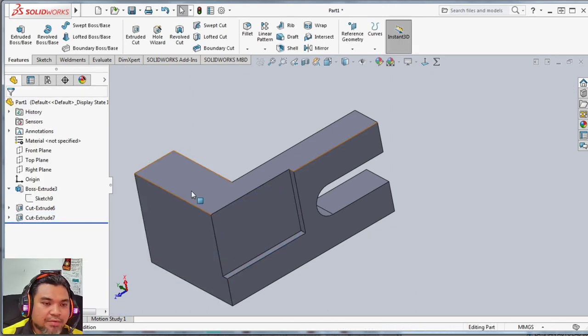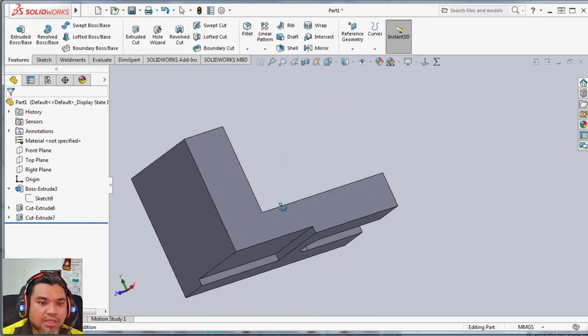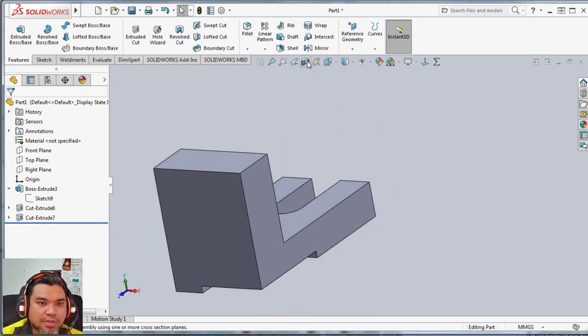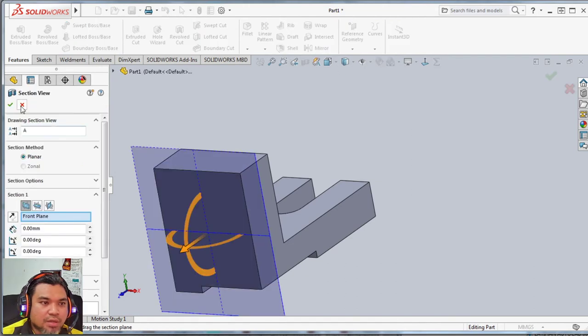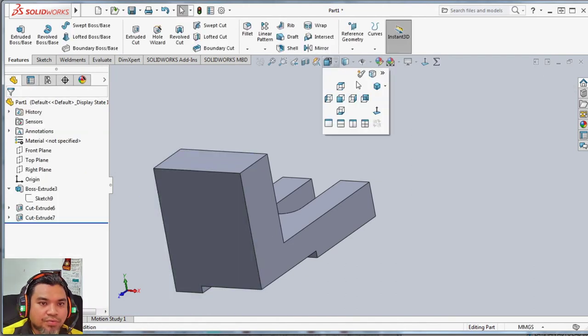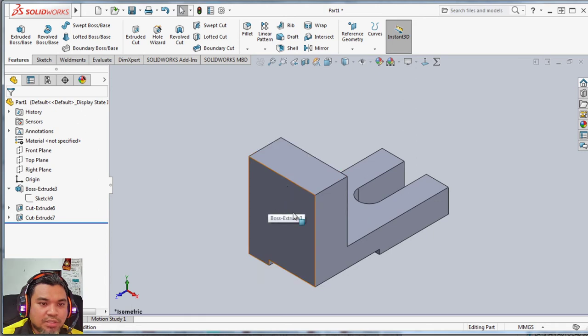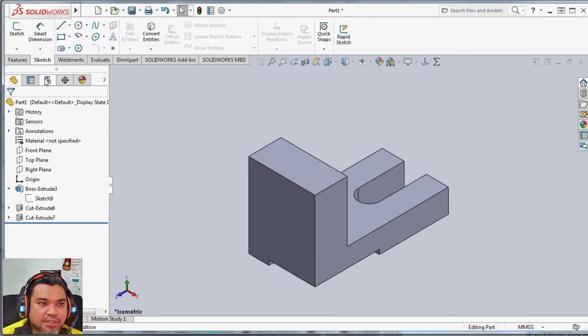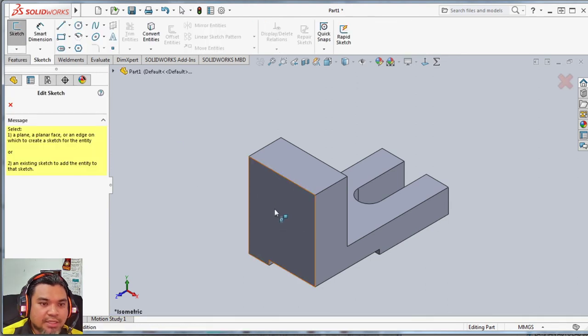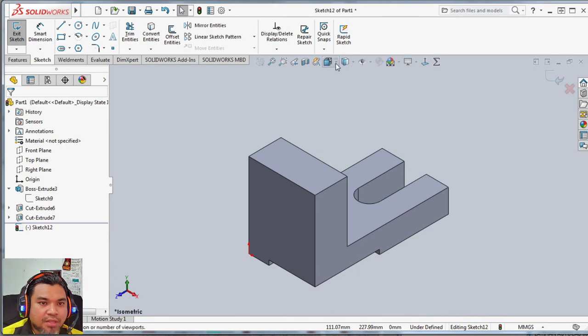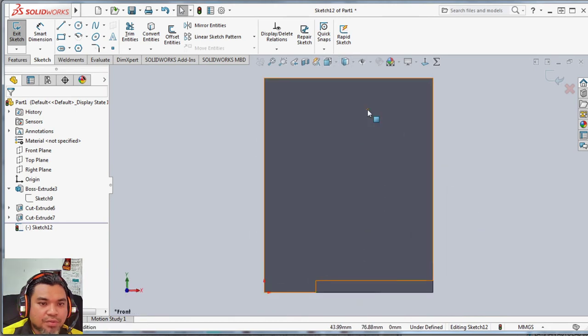Alright, now the final one is actually another circle over here. So what we can see is, sorry, view isometric. So this is the side that we want to cut. So select the sketch first, sketch and select the plane, and we need to view normal too, right? So then next is actually